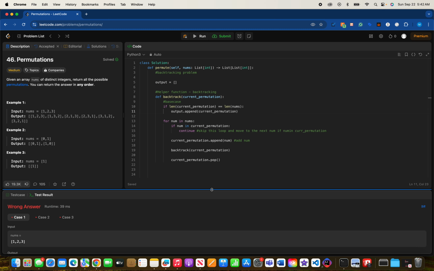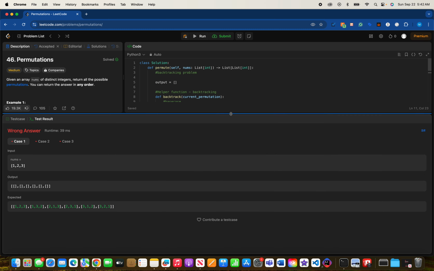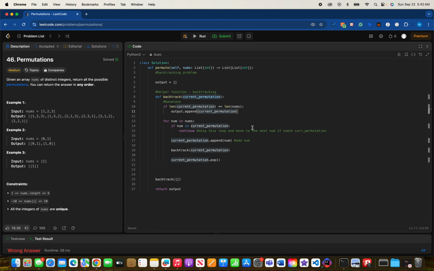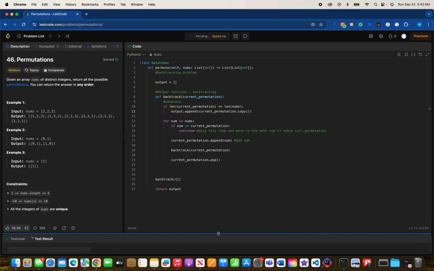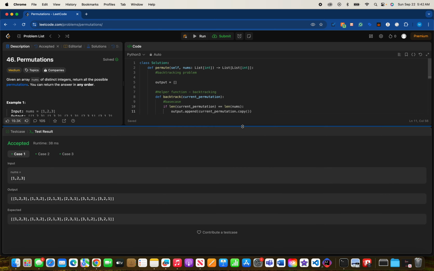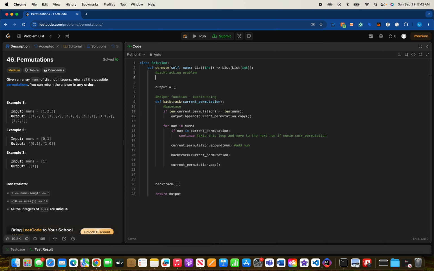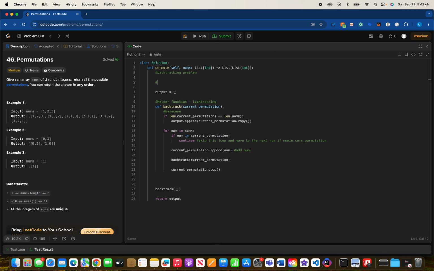Well, wait a minute. Hold on. We take this. Oh yes, forgot to copy it. So copy the current permutation. And it's been accepted. So for the time and space